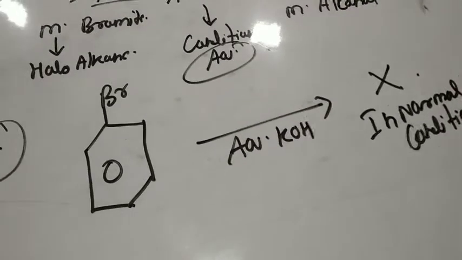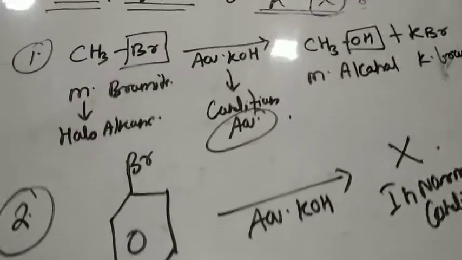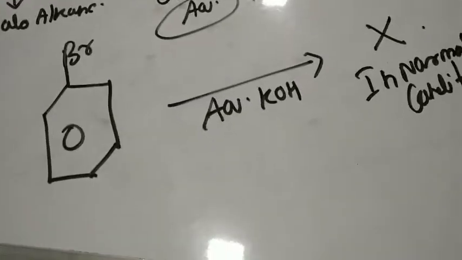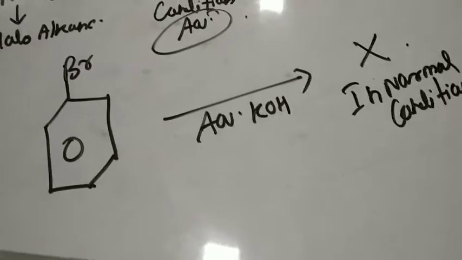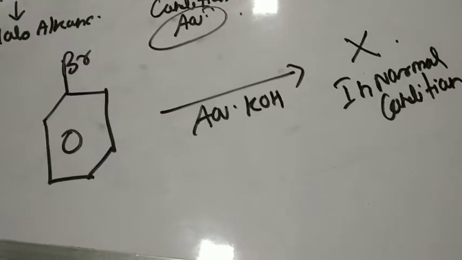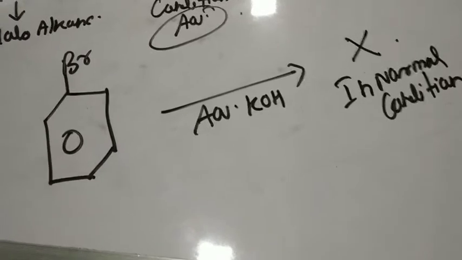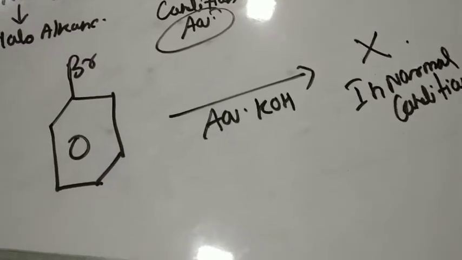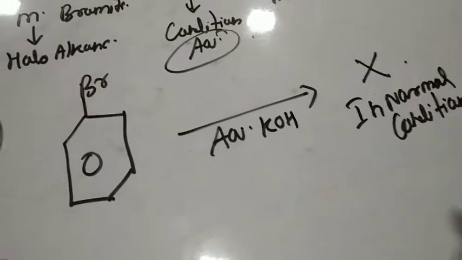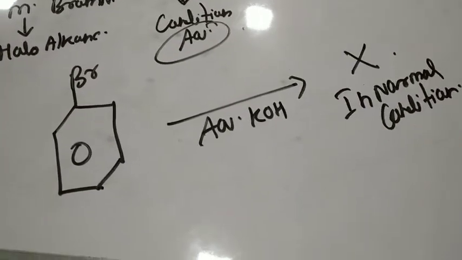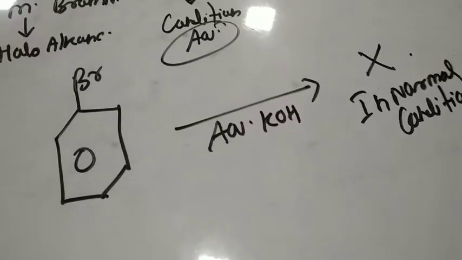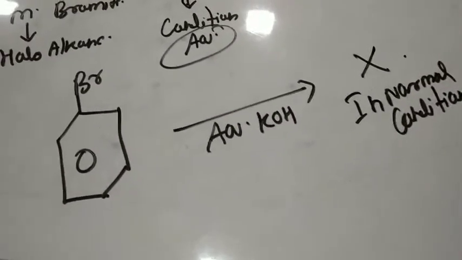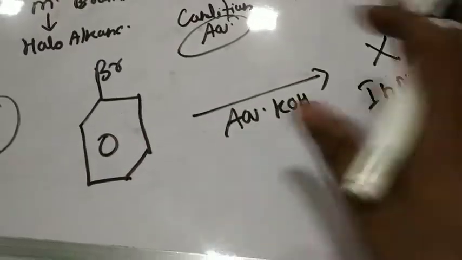Last time I told you that haloalkanes easily undergo the nucleophilic substitution reaction, but haloarenes do not easily undergo the nucleophilic substitution reaction in a normal condition. It will undergo the substitution only in drastic conditions. Drastic conditions मतलब क्या है? Certain temperature, certain pressure, and by using certain external reagents. That is called the drastic conditions, right? So reaction is not possible with the haloarene.